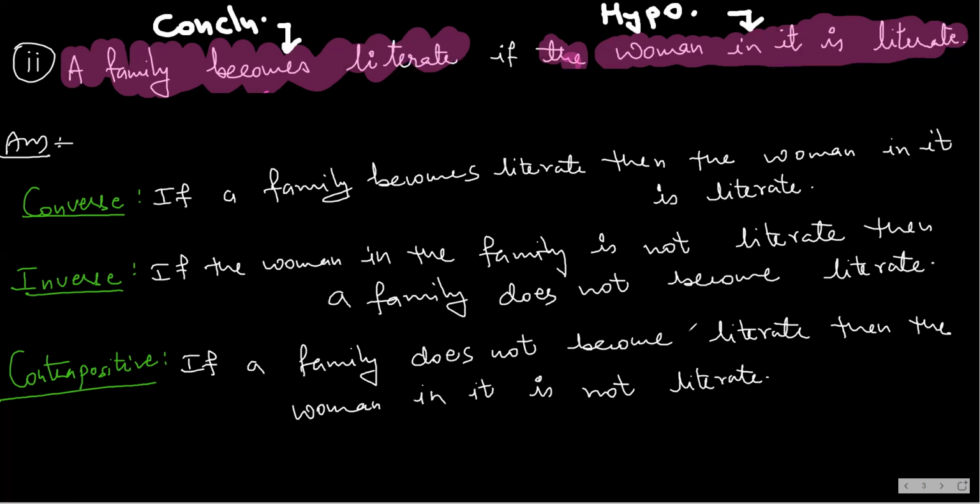I have a suggestion for you. In case somebody is getting confused in this, as such it is not that confusing, but in case somebody is getting confused here, I have a suggestion. You write the given statement once again, making it the way you want it to be. You write the given implication once again, so you will write the above implication statement can be written as, and then you write if the woman